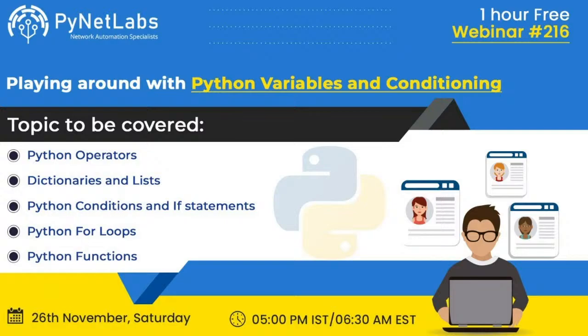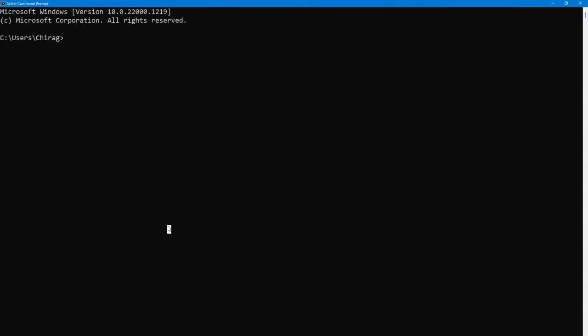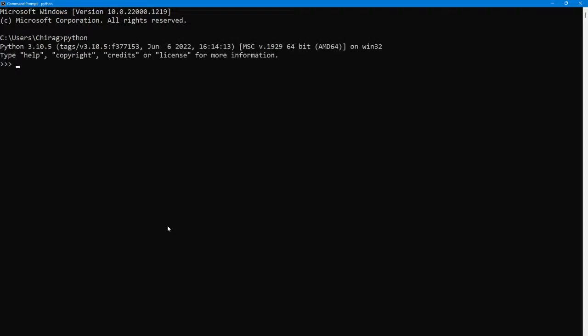I'll give you a quick overview of whatever we have learned in the previous webinar. First of all, if I want to print something, or if I want to enter into the interpreter of Python, I need to run the command python and I'll be able to enter into the interpreter. Now these three angular brackets represent that I am in the interpreter and I can perform Python related functions like